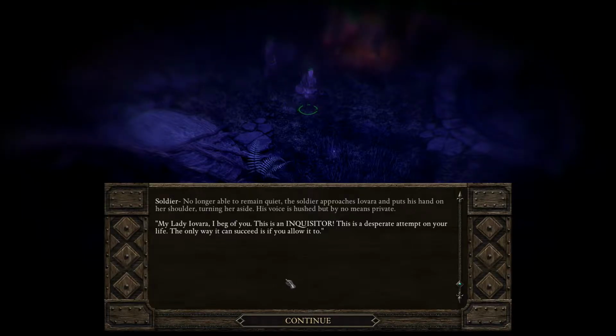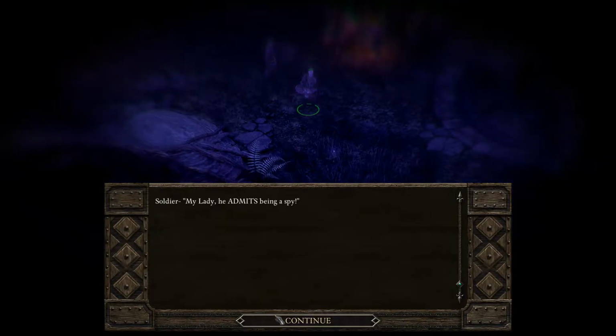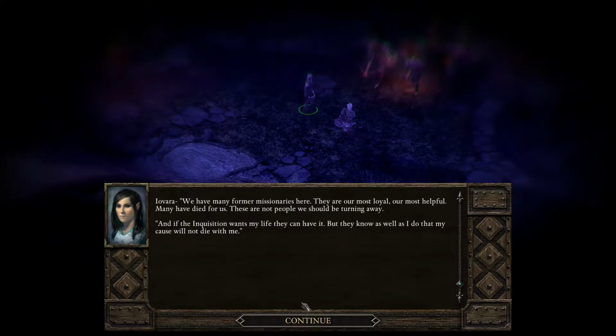This is an Inquisitor. This is a desperate attempt on your life. This is a missionary, same as I was. Taught the wrong... My lady, he admits being a spy. That should make him less of a threat, wouldn't you? We have many former missionaries here. They are our most loyal, our most help...